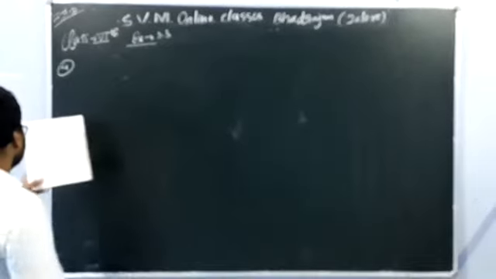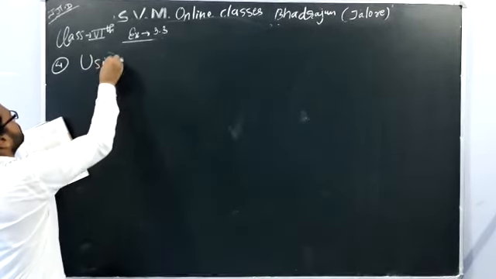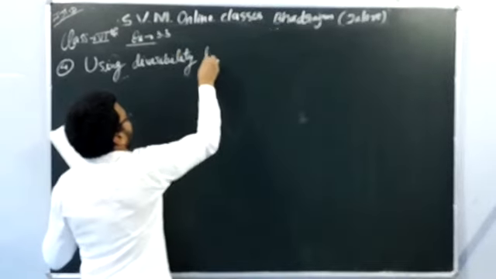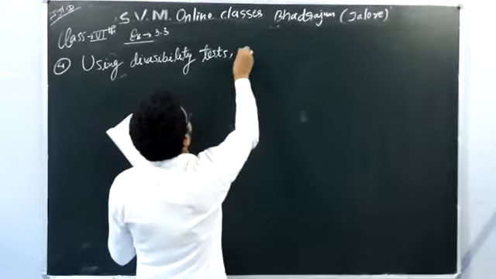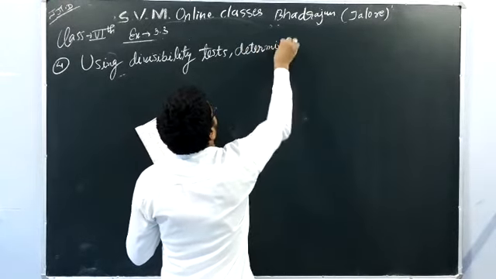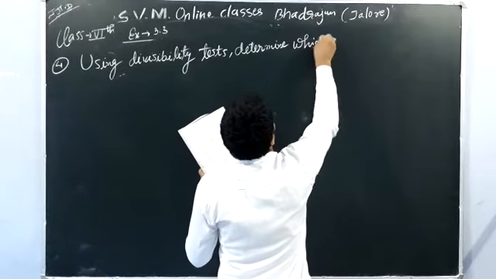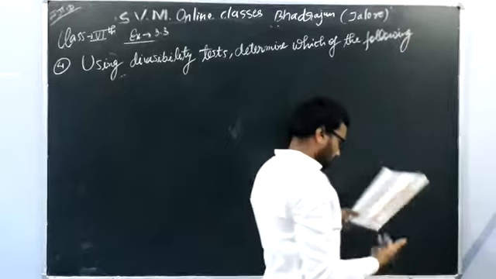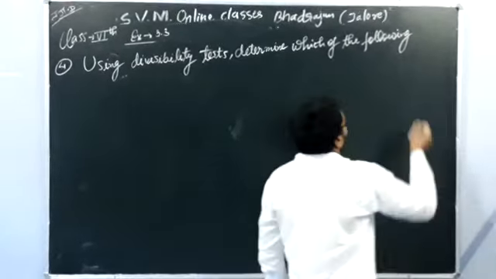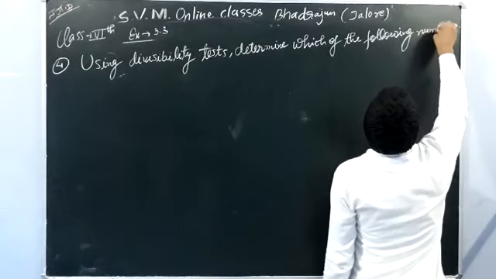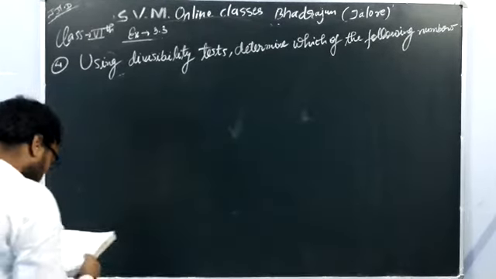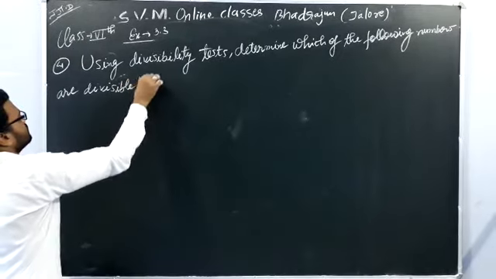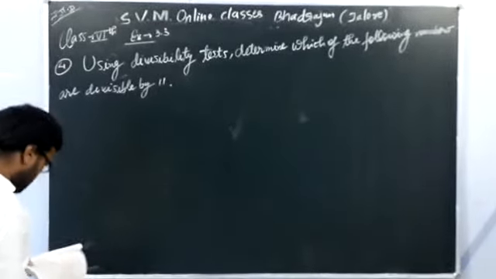In our question number 4 we are given: using divisibility tests, determine which of the following numbers are divisible by 11. Okay, so our first part is,